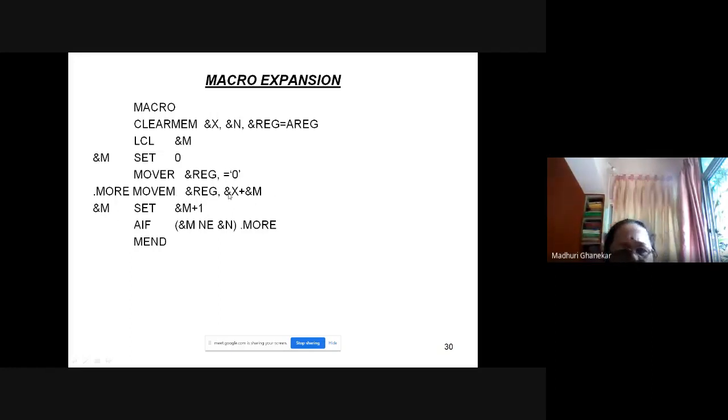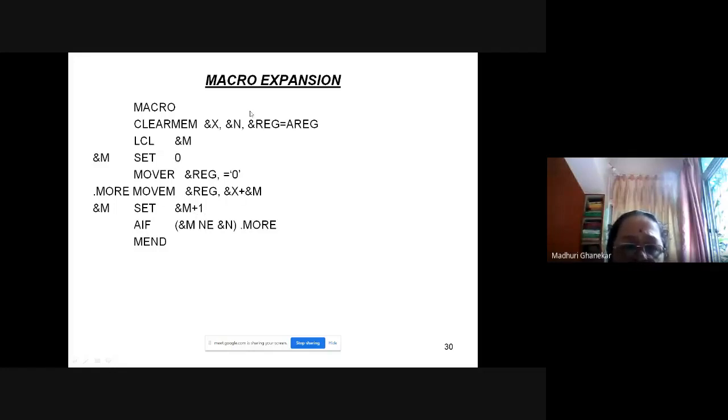I think this macro we had already discussed. We are moving 0 to whatever is the first parameter. Then we are incrementing its value by 1, so M becomes 1. Suppose the parameter is B, then we are setting value to B plus 0, B plus 1.